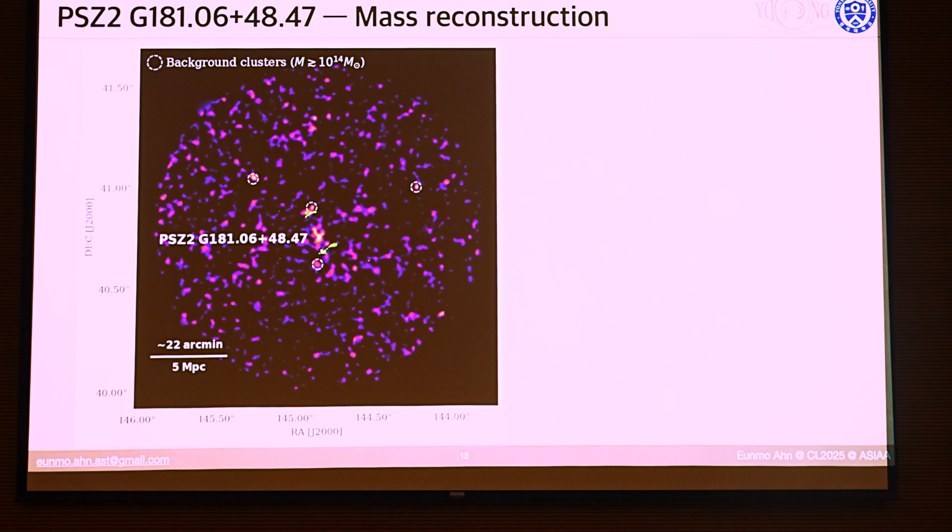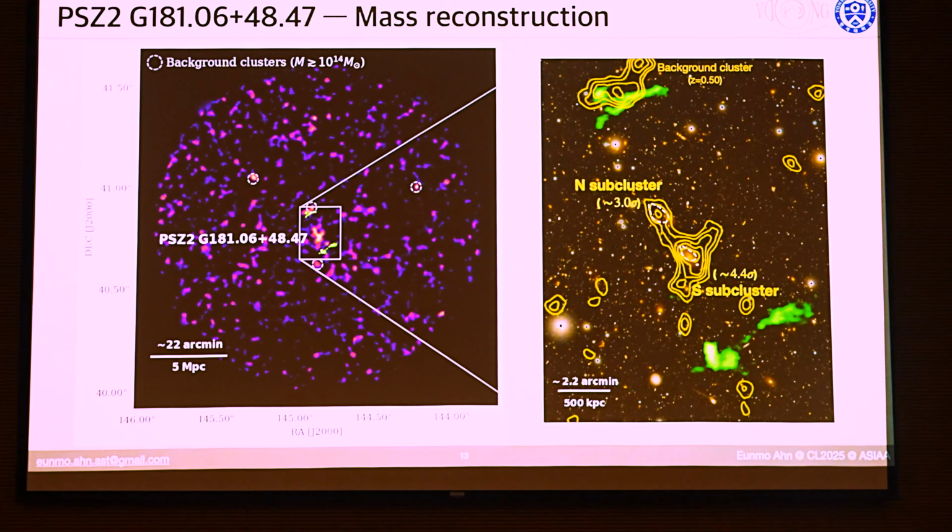Okay, so this figure shows a projected mass distribution of the entire field. As you can see, we have identified several overdensities, including some background clusters, and our target cluster is PSE, and some numbers, detected as the highest significance in the center of the field. If we zoom in on the central region, then we can clearly see that the mass distribution of this cluster is